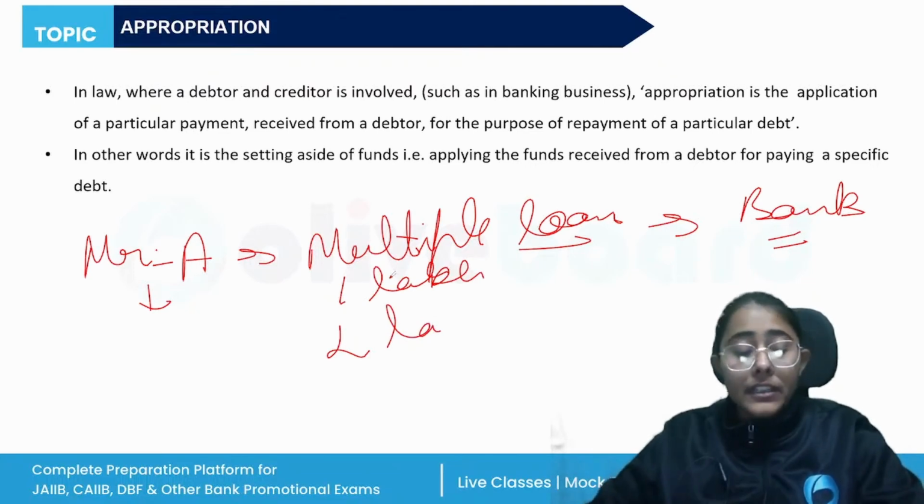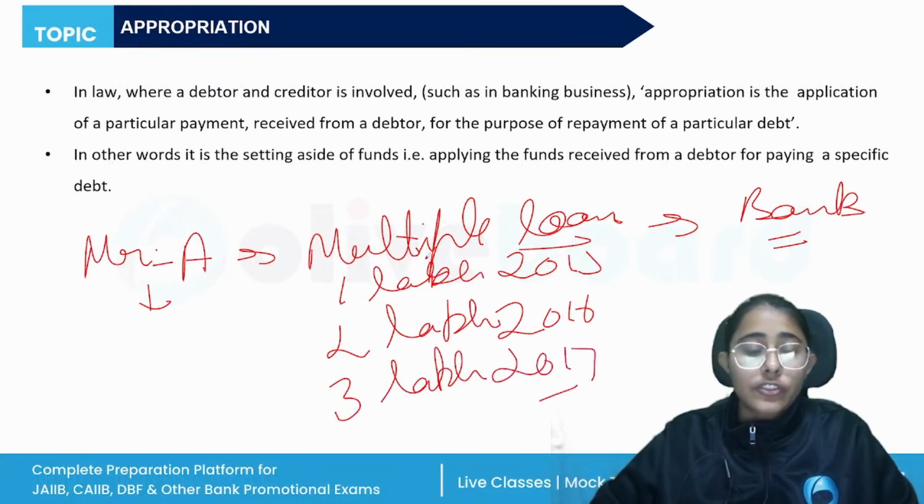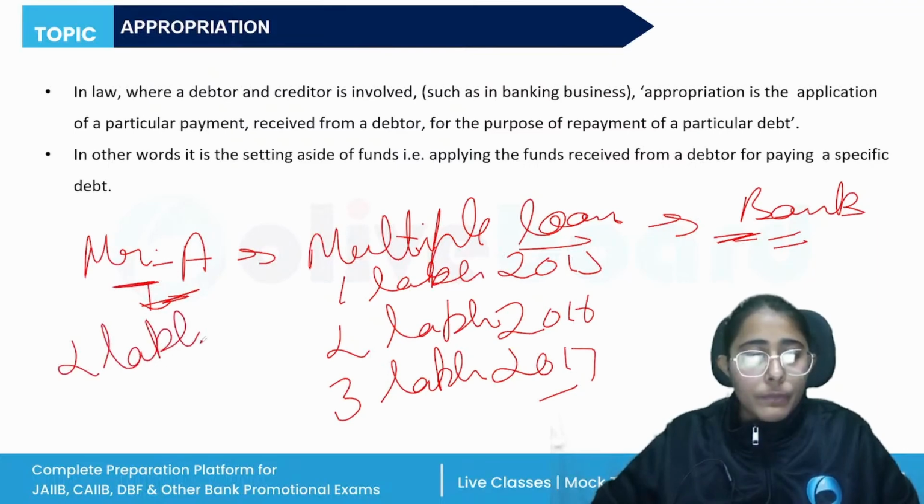Then in another year, let's say the loan that was taken of 1 lakh rupees was in the year 2015. Then in 2016, another loan was taken of rupees 2 lakhs. Then a 3 lakh loan was taken in the year 2017. So here the same borrower and same creditor are entering into these agreements. Now if this borrower makes a payment of rupees 1 lakh in the year 2018. Now they will have to state